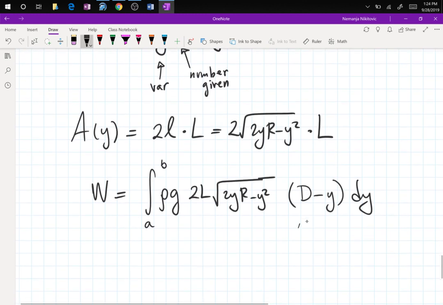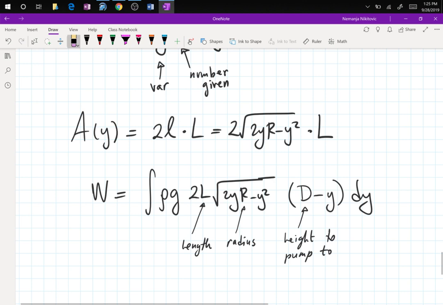And this is the height to pump to, and L is the length, and R is the radius, and then you have the standard. So Y is the variable. I guess we use C and D, not A and B, because these are vertical distances. So C and D is the